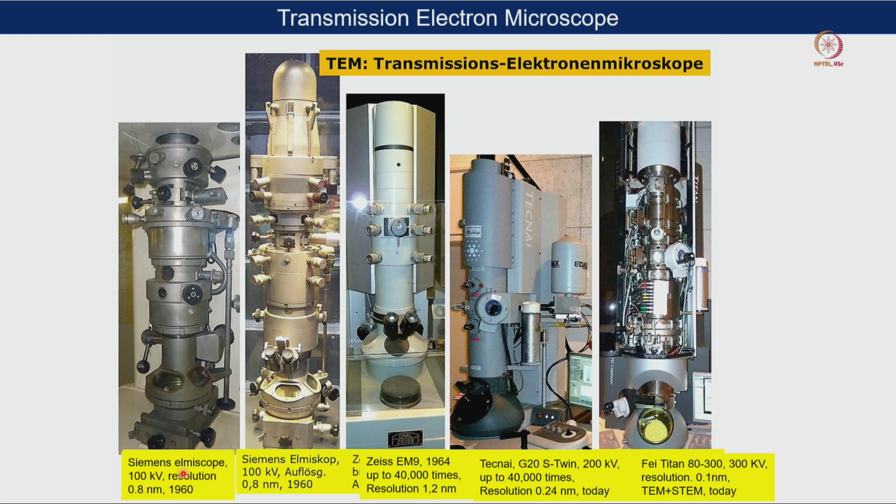Initially it was a 100 kilovolt microscope and the magnification was only 12,000x, and then gradually it improved to 40,000x. Nowadays, as I mentioned previously, the microscopes we are using start from 120 kV up to 300 kilovolt, and the magnification can go to 600K to image any material science or biological science sample.